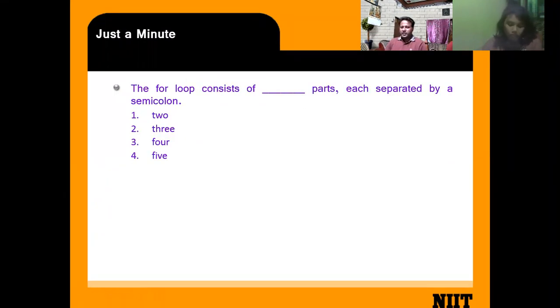How many parts does a for loop contain? Three. Yes, good.